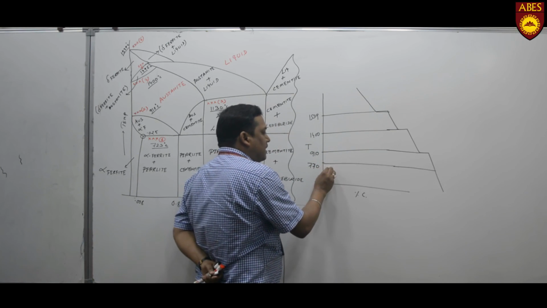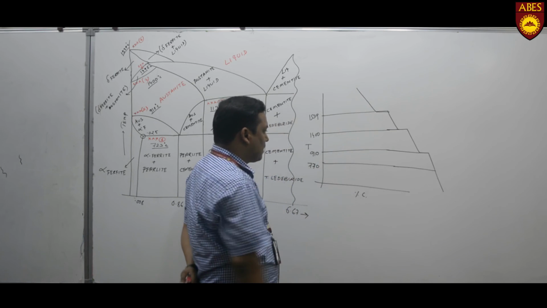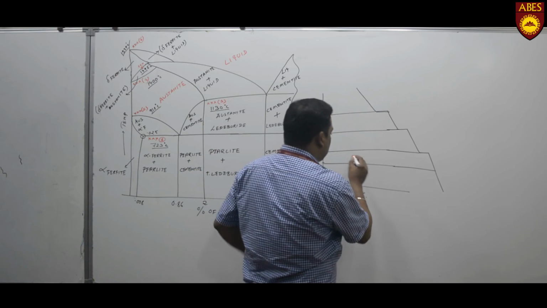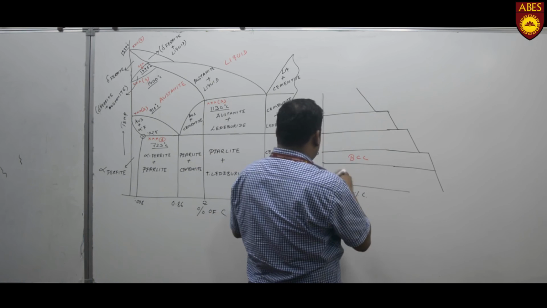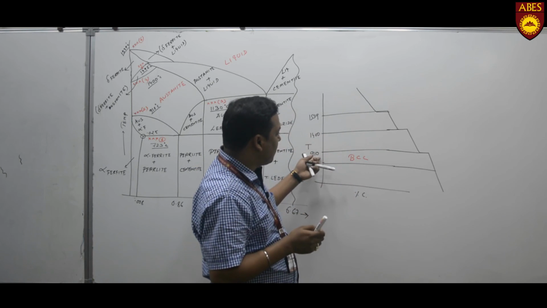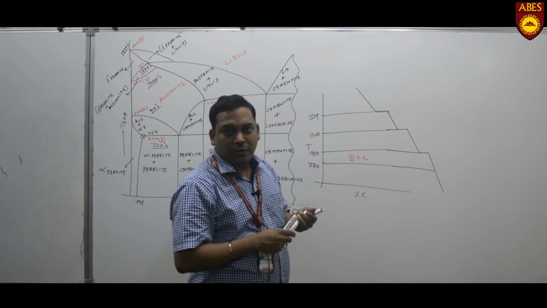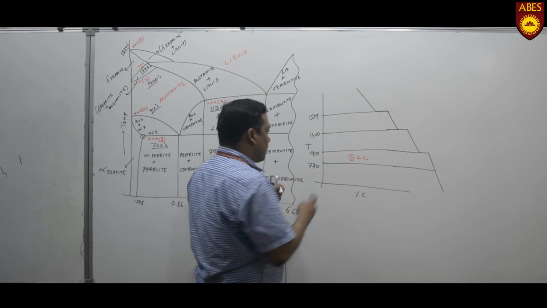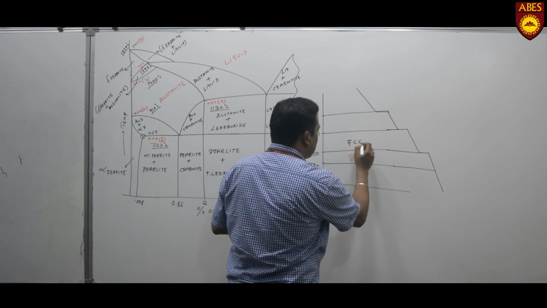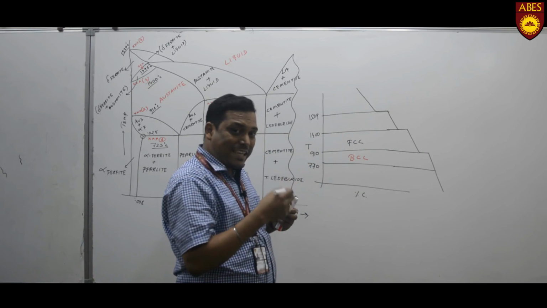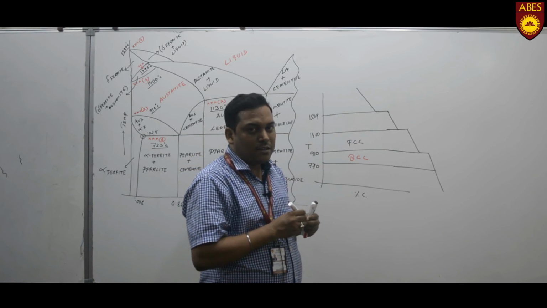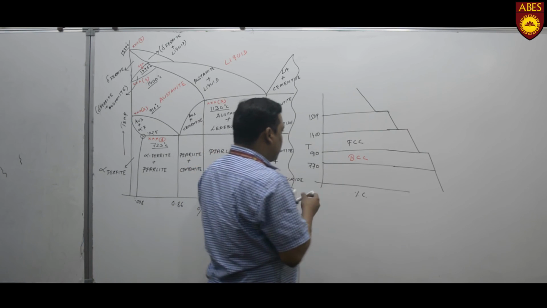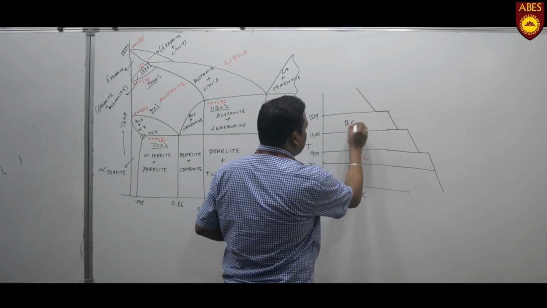Basically, from 770 degrees centigrade to 910 degrees centigrade, the structure lies in the BCC structure. So we can say that in this segment the structure is BCC. After that, when the temperature is increased from 910 up to a certain limit, that is 1400 degrees centigrade, the structure lies in the FCC structure. So we can say this is the FCC structure. Okay, when the temperature is heated again, the structure changes, and the FCC structure is transferred into BCC again. So we can say that in between these temperatures, this is again BCC.